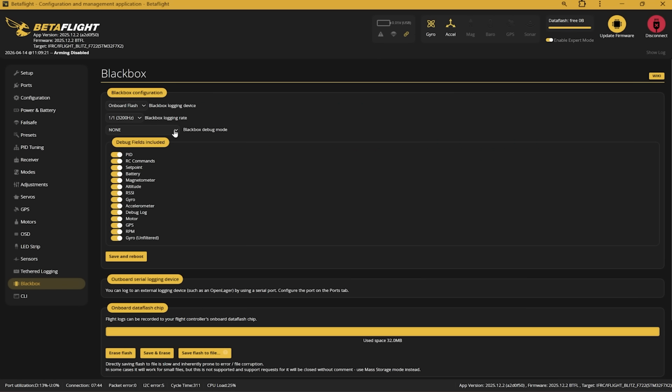And then the next thing we're going to do is look here at the Blackbox debug mode. Traditionally, we used to have to put into that debug mode something called gyro_scaled. I don't know if you remember that. I do. But that was pre-Betaflight 4.5. What that did is put the pre-filtered gyro into the debug variable